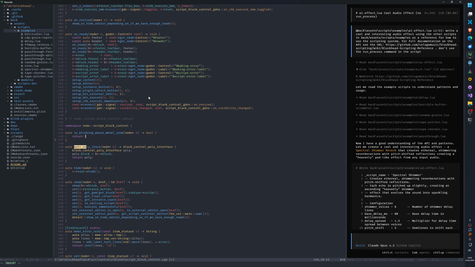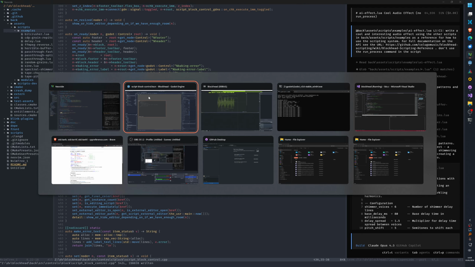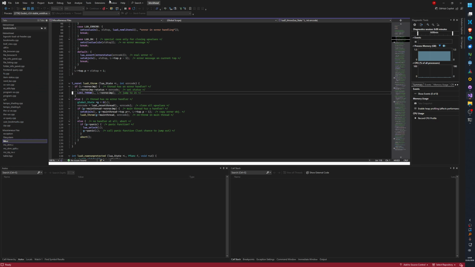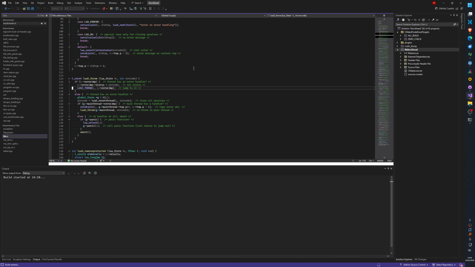Oh no, let's just use is hovered in editor. See what happens now.